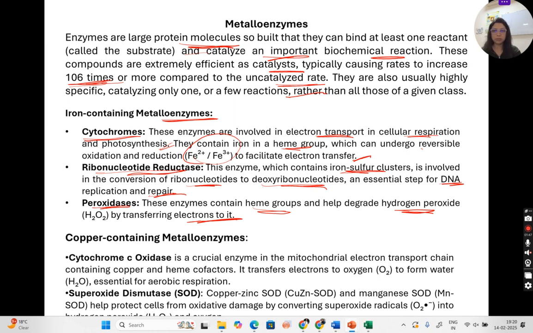Now here come the copper-containing metalloenzymes. Mainly two: cytochrome C oxidase and superoxide dismutase. Cytochrome C oxidase is a crucial enzyme in the mitochondrial electron transport chain containing copper and heme cofactors. It transfers electrons to oxygen to form water, essential for aerobic respiration. And superoxide dismutase, either copper-zinc superoxide dismutase or manganese superoxide dismutase, helps protect cells from oxidative damage by converting superoxide